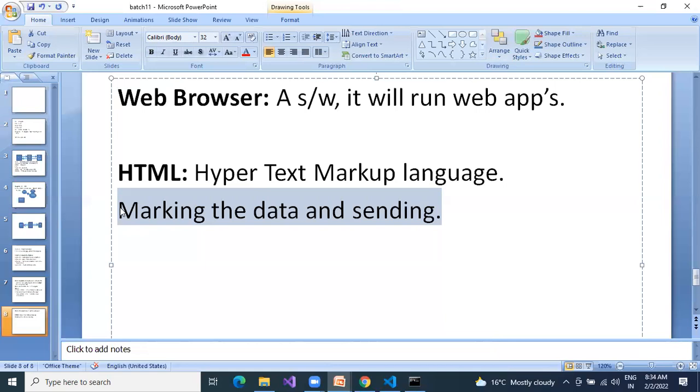For example, they will mark this is for Bangalore, this is for Chennai, this is for international. They will simply mark, but they will not dig into where exactly it has to go. For example, in Bangalore, somewhere else it has to go, or in Telangana, Hyderabad. They will not mark like that. They simply mark this is for the state and put it in a box. Same like that, when you need to transfer data, you need to mark it.